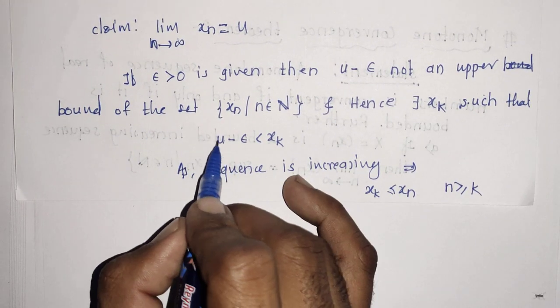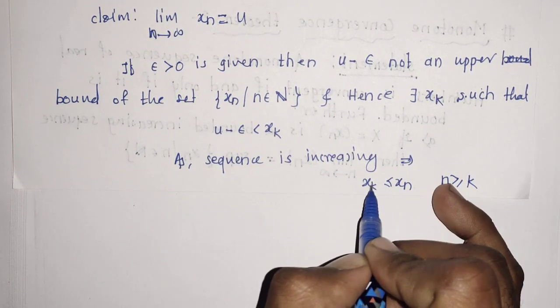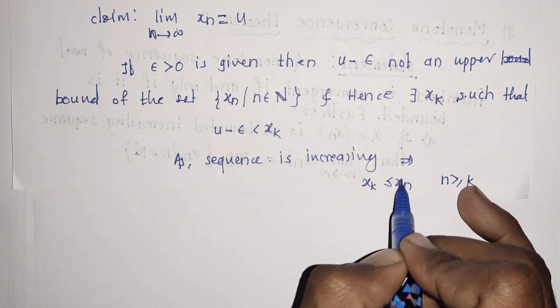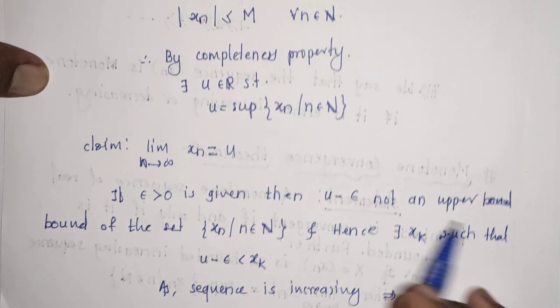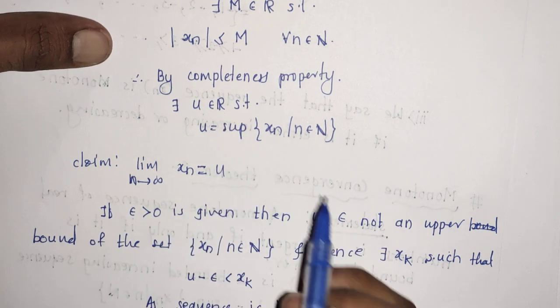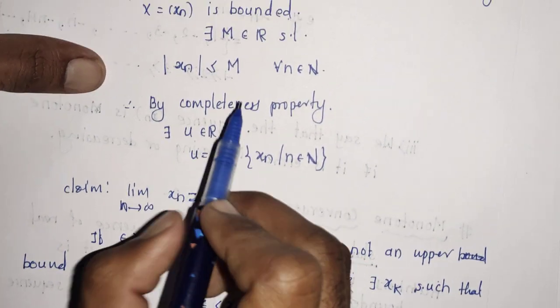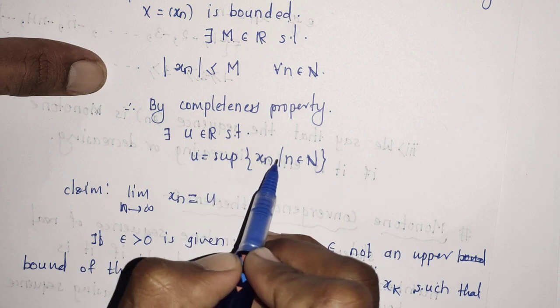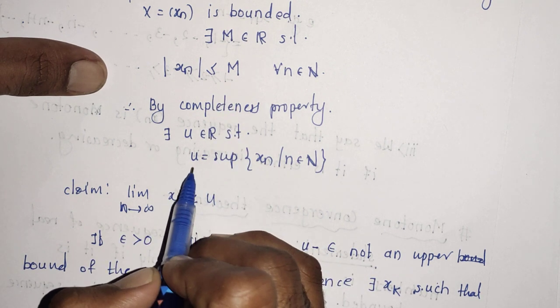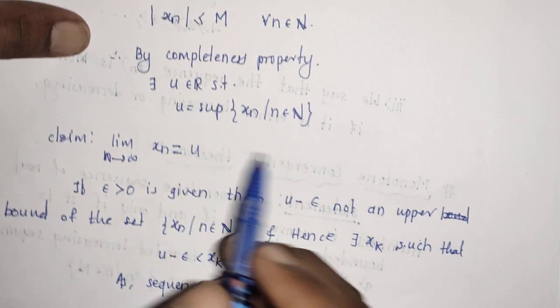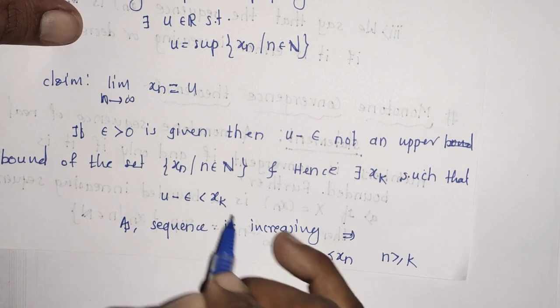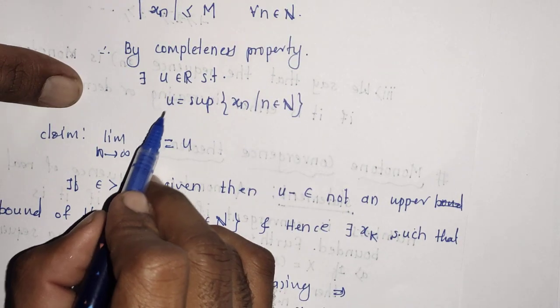Now we can write u minus epsilon is less than xk, xk is less equal xn, and all the terms of the sequence are less than or equal to u, since u is the supremum, because u is the least among all the upper bounds. By the definition of a bounded sequence, u is the supremum, which means all the terms of that sequence are less than or equal to u. So here we get u minus epsilon is less than xk, xk is less equal xn, xn is less than or equal to u. Just combining these, we can write